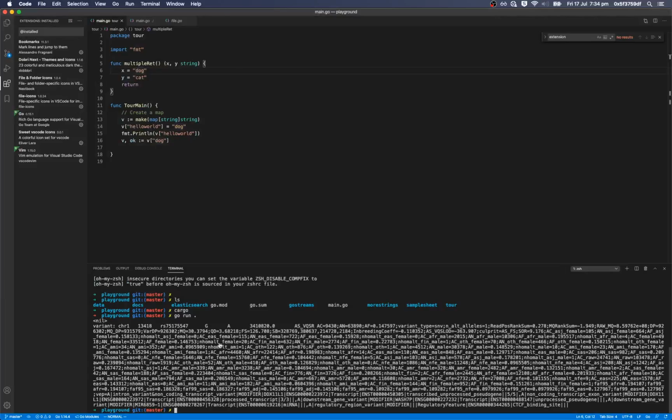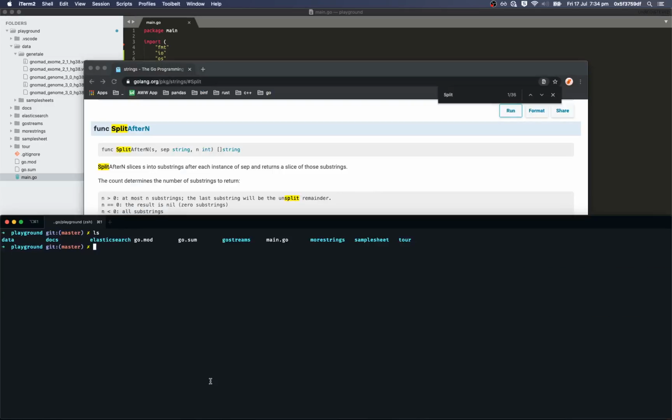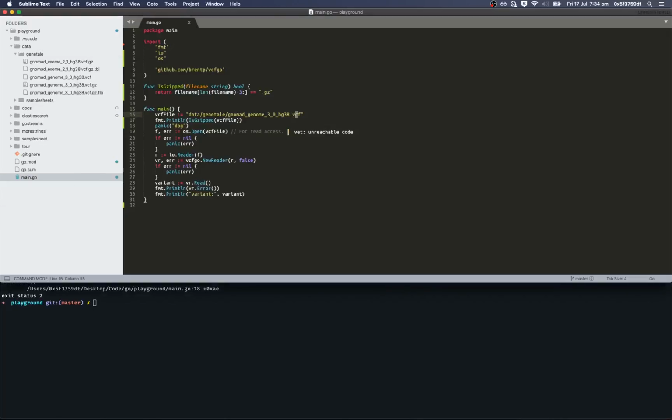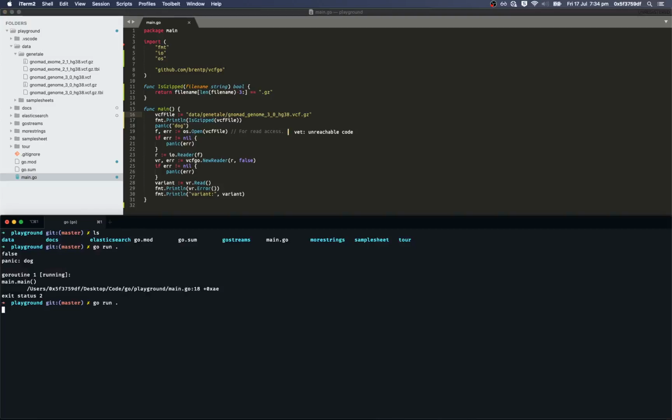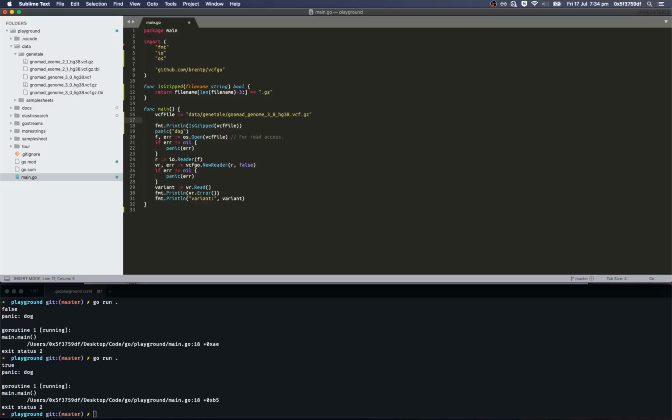Now, let's run this. Go run. False. Yay. Good. True. Yay. Cool. All right. So if we have this and we have a gzip file,